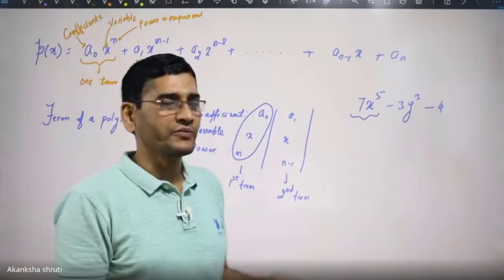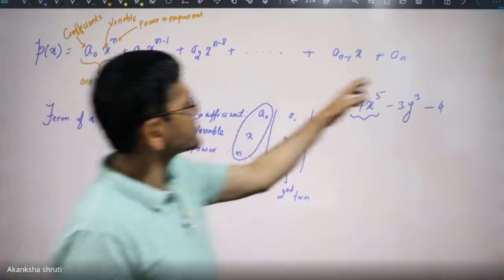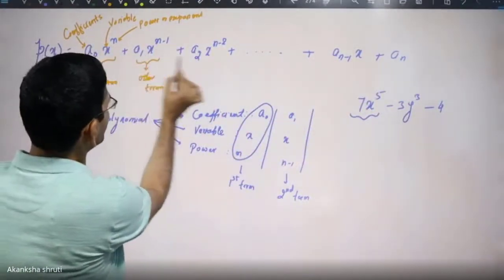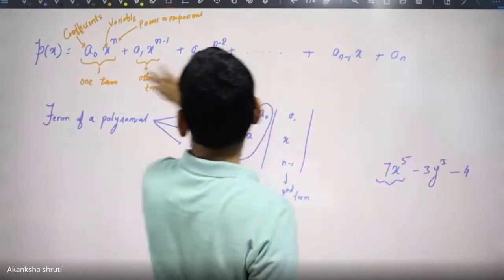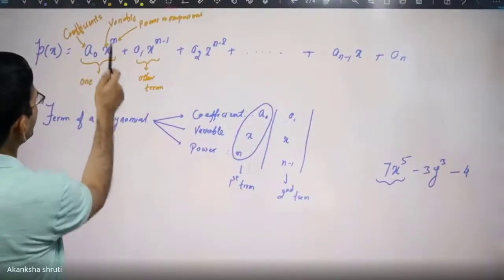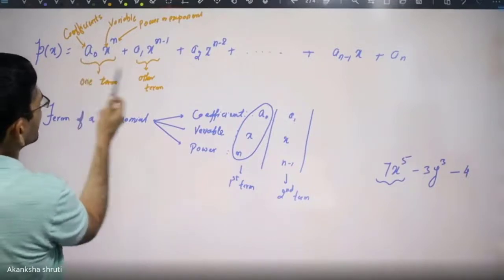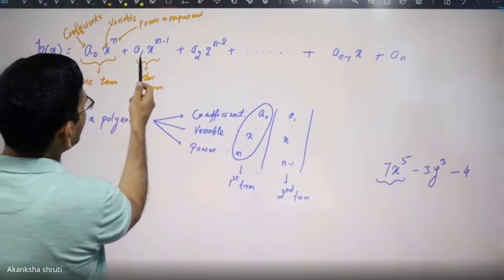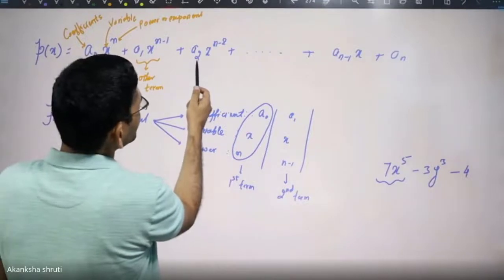What is the degree of a polynomial? But before that, please tell me, student, how many terms are present in this? If I consider this as the first term, this as the second term, this as the third term, how many terms are here? No one is saying. First term I have told for this one. This is our first term. What is the denotation? A0. This is our second term. What is the denotation? A1. This is our third term. Denotation A2.